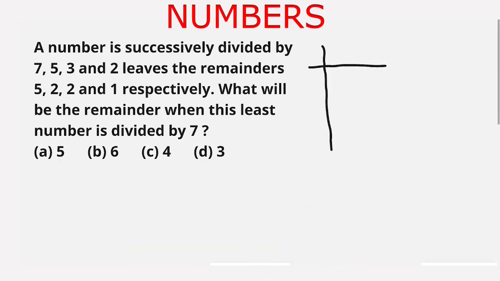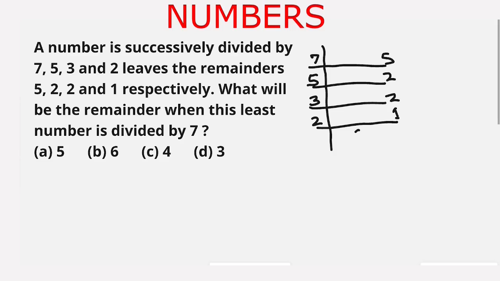The given successive divisors are 7, 5, 3 and 2, and the successive remainders are 5, 2, 2 and 1. For the required number to be least, the last quotient should be 0. Now, when 2 divides any number and the quotient is 0, then 2 times 0 is 0 plus remainder 1